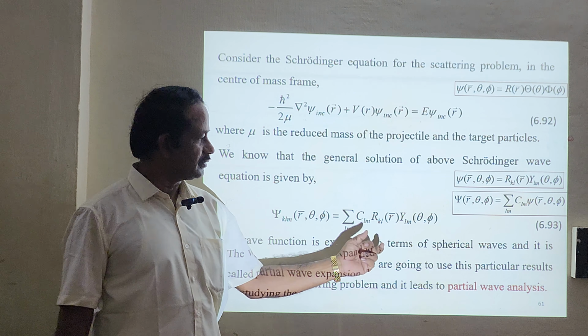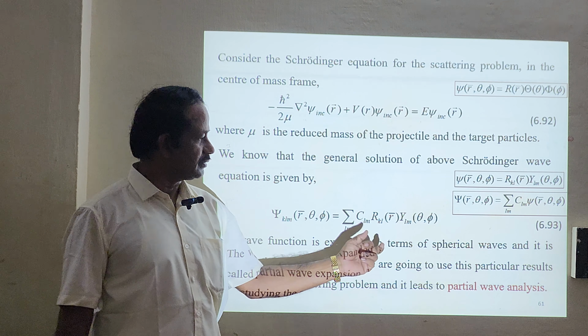So P_LM of cos theta, and this is the C_LM coefficient. What is this, 1 by root 2 pi e^(i m phi)? It is the solution of phi, and the 1 divided by root 2 pi comes from, for example, integrating d phi from 0 to 2 pi. This is nothing but the normalization constant of your phi. We learnt this already. That's why we have written 1 divided by root 2 pi, C_LM, P_LM of cos theta,